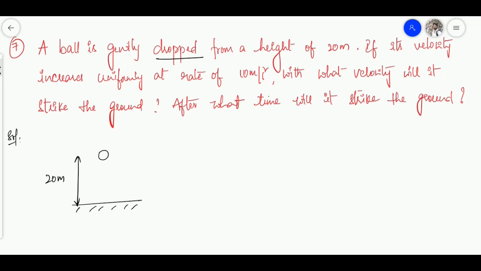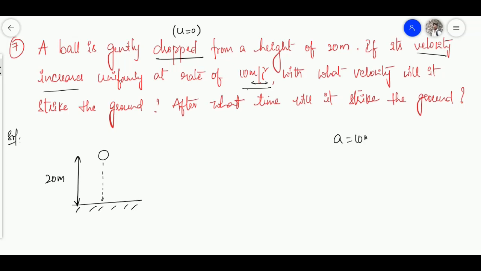So when you are just dropping the ball, that also means initial velocity is 0. Rest, stationary, dropping. These terms give you an indication that initial velocity is 0. If its velocity increases uniformly, obviously when it travels towards the ground, it will be pulled by the Earth's gravitation, right? And if its velocity increases uniformly at a rate of 10 meters per second square. See, he said velocity is increasing at the rate of 10 meters per second square. That doesn't mean it is a velocity. Trick here. Check the units. Meter per second square. The unit says that it is acceleration. So we have to take that as an acceleration.